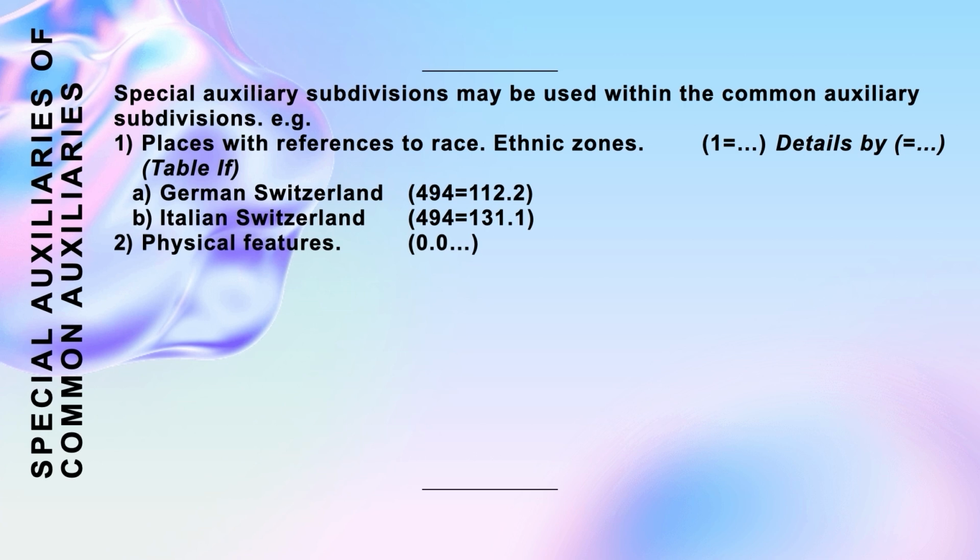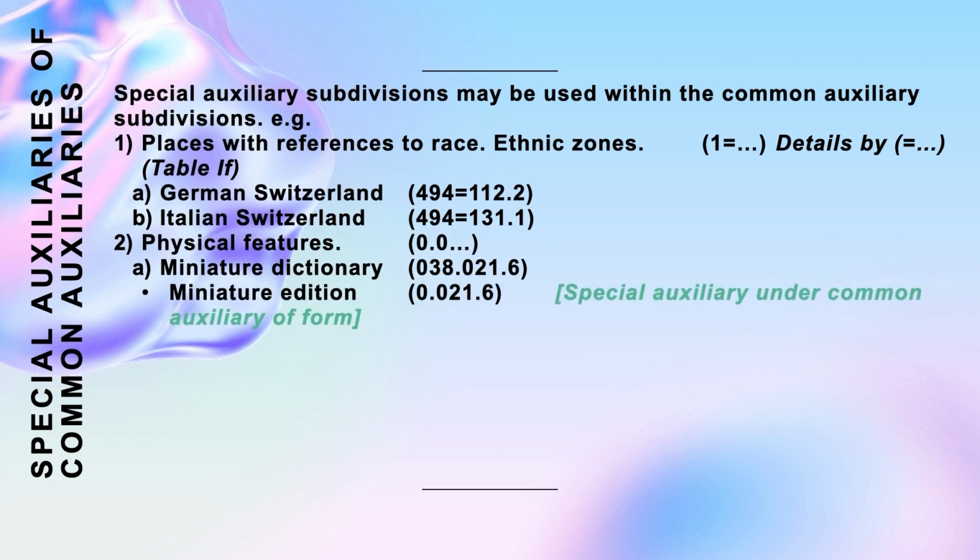Then physical feature, you see miniature dictionary. So 038 within parenthesis is basically the dictionary in form auxiliary, and miniature edition is .021.6. So this is basically the special auxiliary of the common auxiliary. So we can combine this number and replace the 0 by this number, then we can construct the miniature dictionary, that is